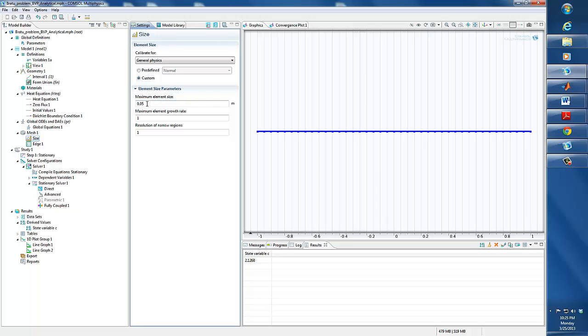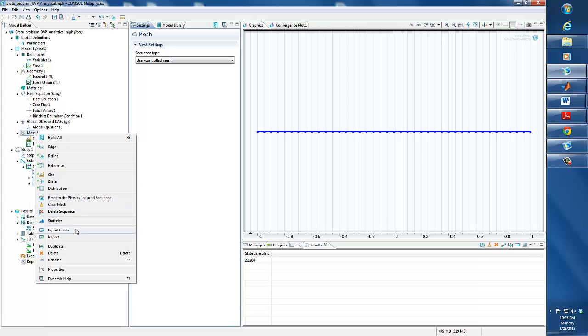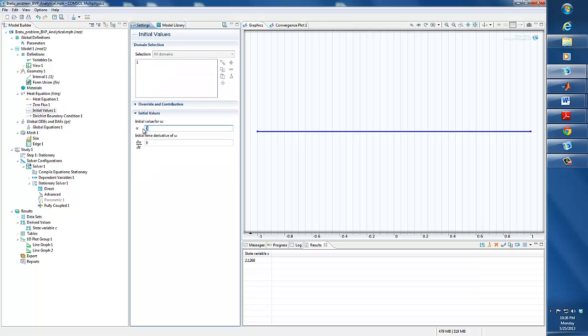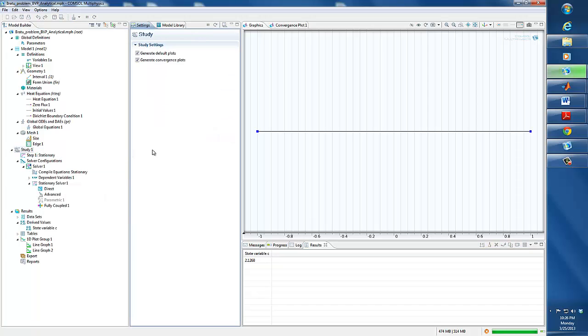Right now I have a maximum element size of 0.05, which means our total number of mesh elements, which you can always look at by clicking statistics, is 40. So this is the model. I have given an initial value for the state variable u, and I have specified the boundary conditions, which are 0 at both of these endpoints. With this, if I compute the solution,